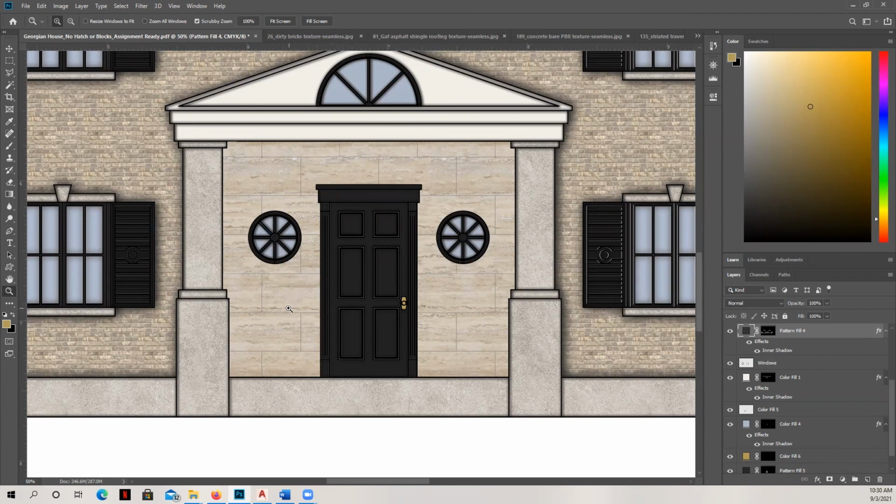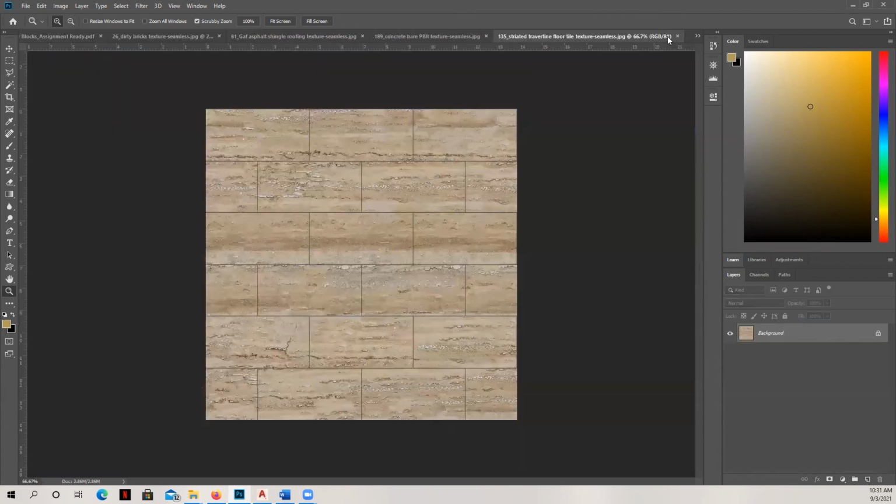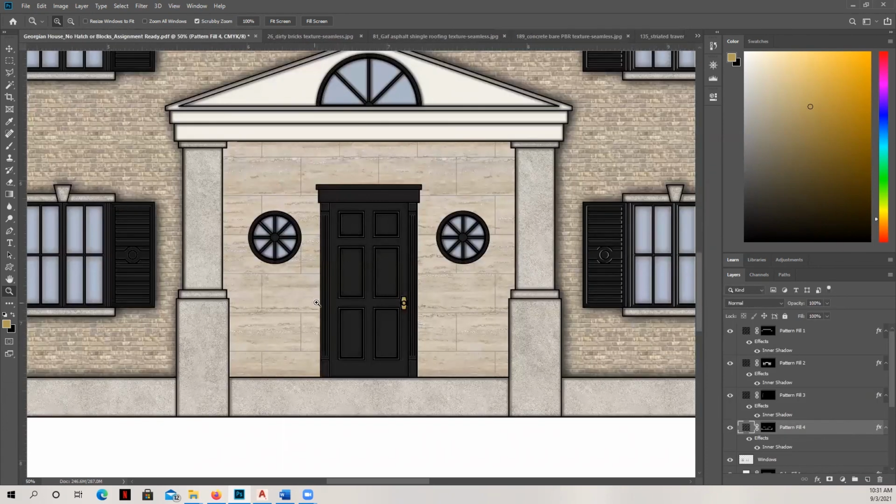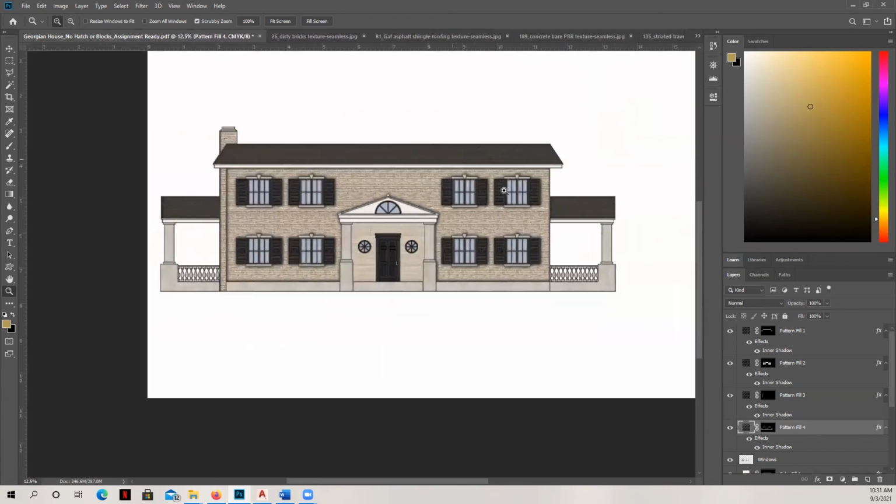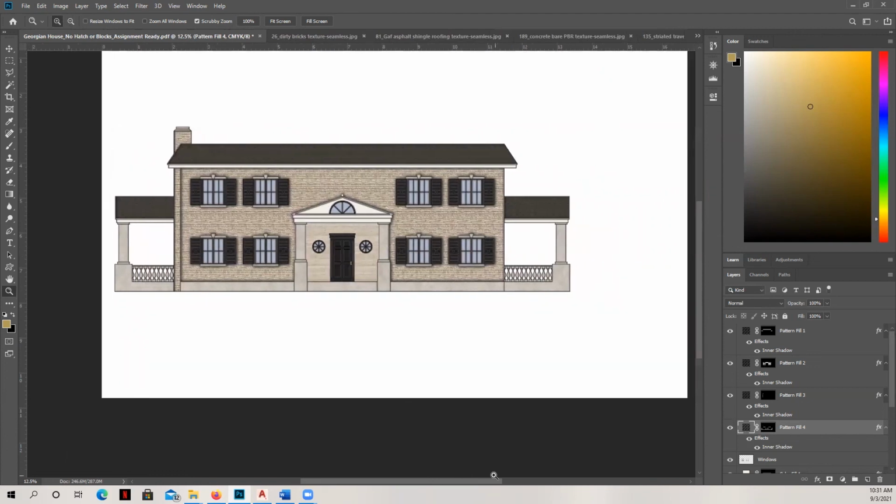And then I also defined a new pattern. This is called travertine here. I defined that pattern, and then I brought it in here and scaled it up so that they were nice and big, because I'm thinking about the fact that the colors are very similar in these two patterns, and so I needed to change up the scale, again, thinking of the elements and principles of design. And so this is getting close to resembling something that we might be able to show a client. Now that we have the colors applied where we want them, it's going to be time to apply some scale figures and entourage elements.